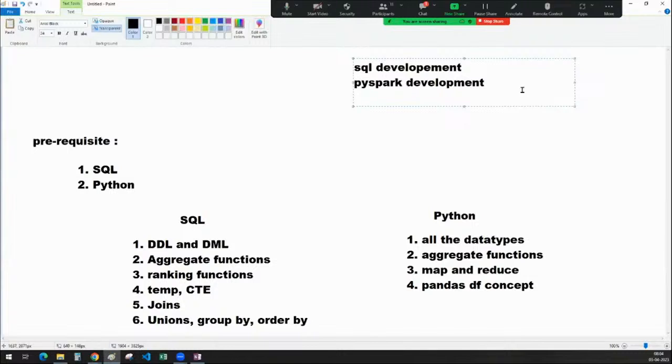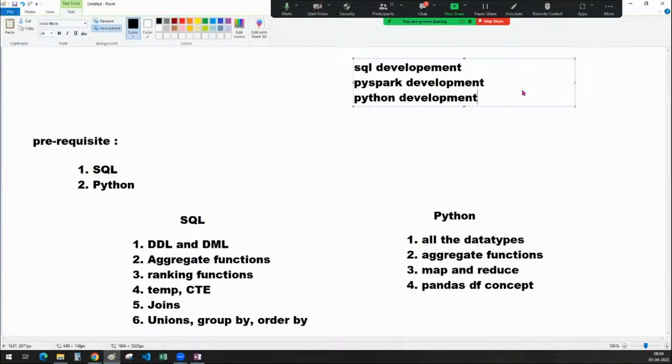Sometimes we are also using Python, so Python also you can do. I will also tell you how you can go for Java also. That is also fine. Sometimes in one or two of the codes I will also include Java, but that is more for you to understand that this code will also be there in Java. But our main focus is on SQL and Python for data engineering, guys,